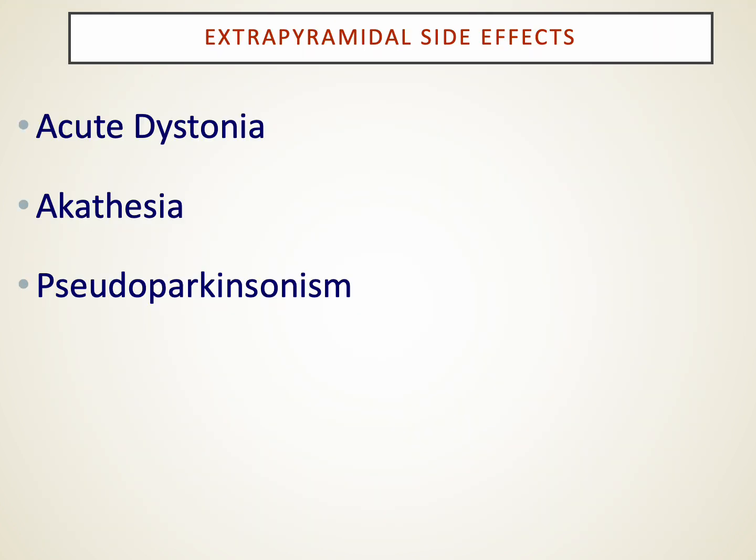The extrapyramidal side effects we refer to fall into three categories, these movement disorders that are typically all acute. We'll see these within hours to days of starting the antipsychotic, particularly the typical antipsychotics like haloperidol. Acute dystonic reactions are one set. We'll describe that in a moment. Akathisia, or motor restlessness, is another set of side effects. And a third one, pseudo-Parkinsonism, which looks like Parkinson's disease with tremors and rigidity as well.